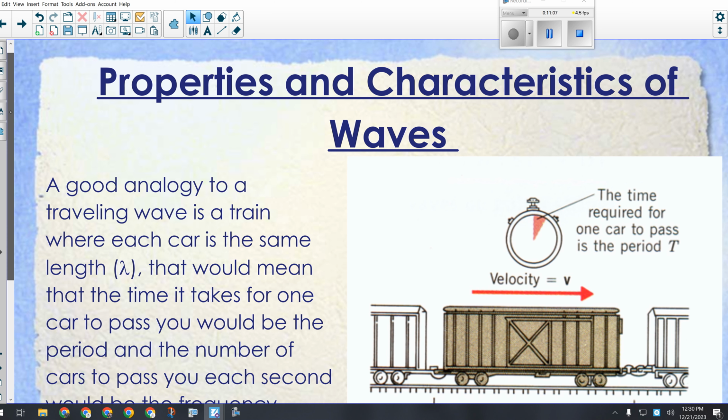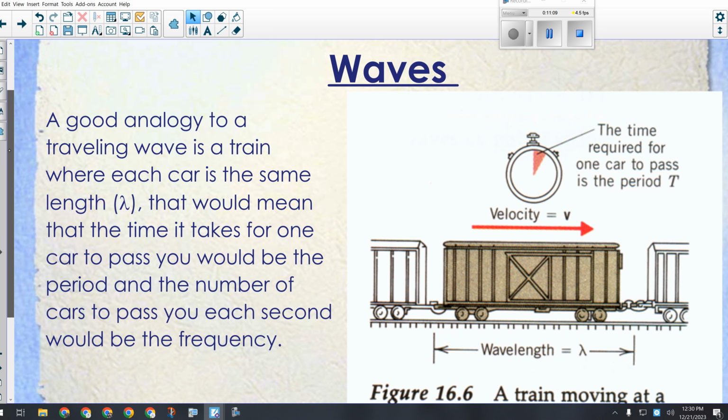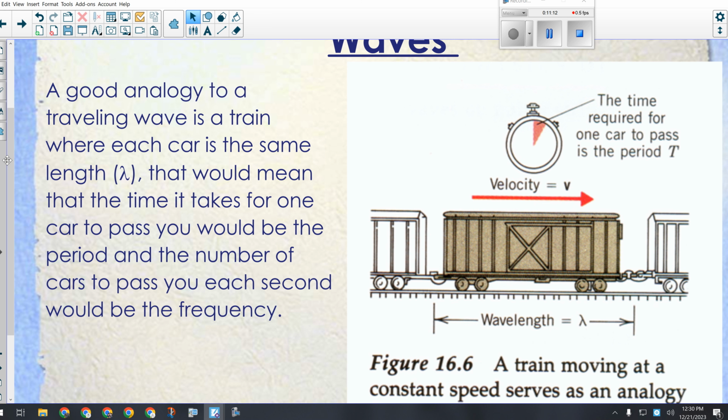All right, so a good analogy for this is a train. The length of a car is like the wavelength. The amount of time it takes the car to go by is like the period of the wave. The number of cars that go by in a second is the frequency of the waves. Now, we're going next to the universal wave equation,